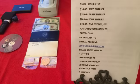And so we all know how many times the Mint does things on their own, for their own purposes, for their own benefit. So we kind of need to see, like Steven's saying, I want to see photos of the coins. Yeah, we kind of have to see what they really actually do. And it's a good point, Steven,